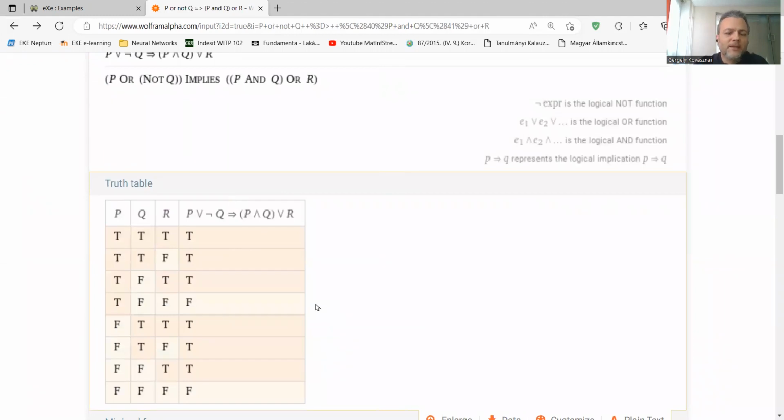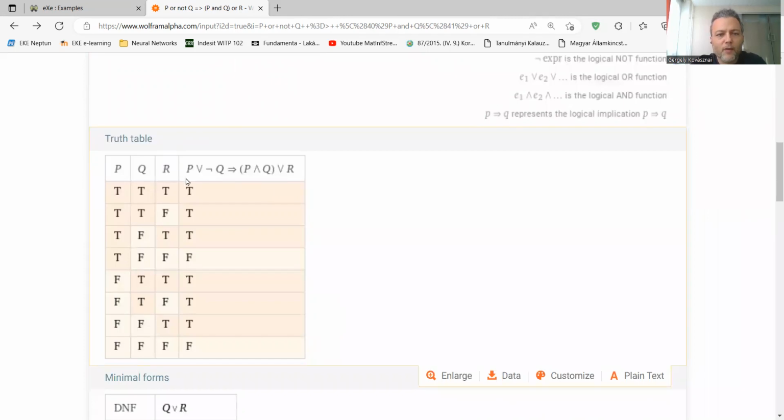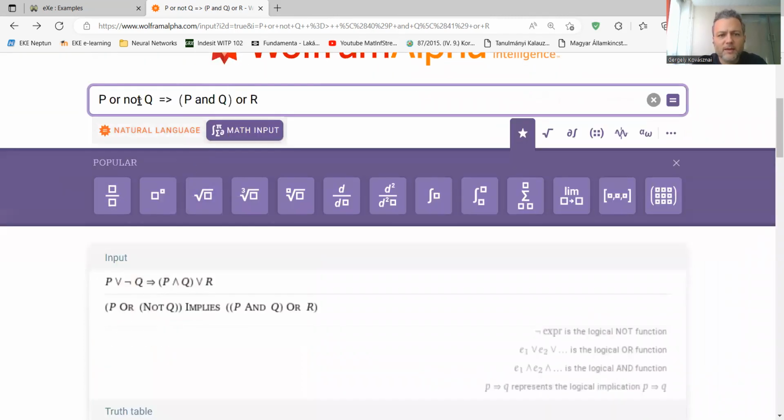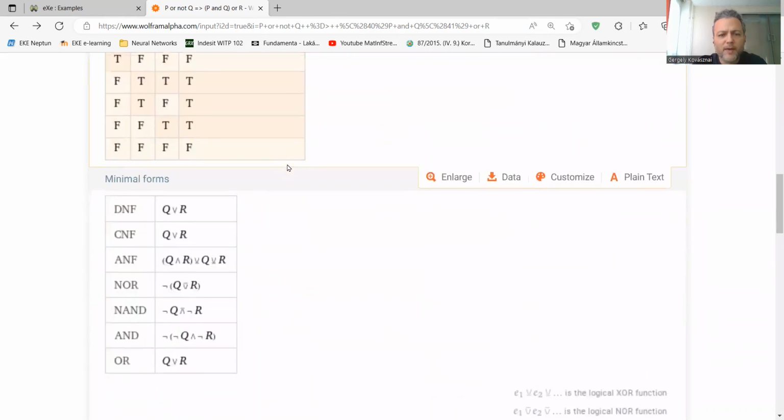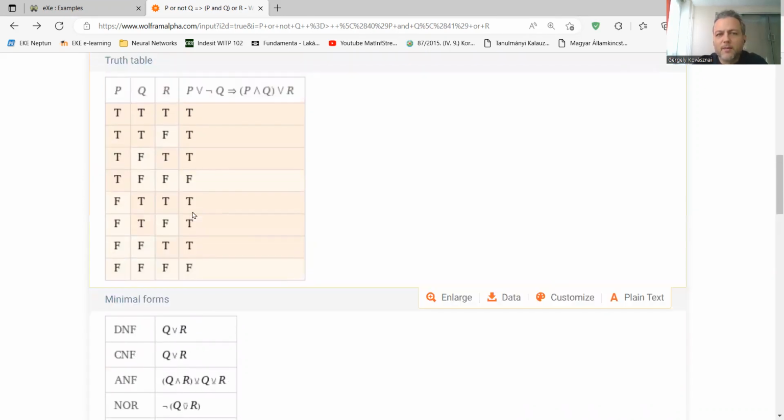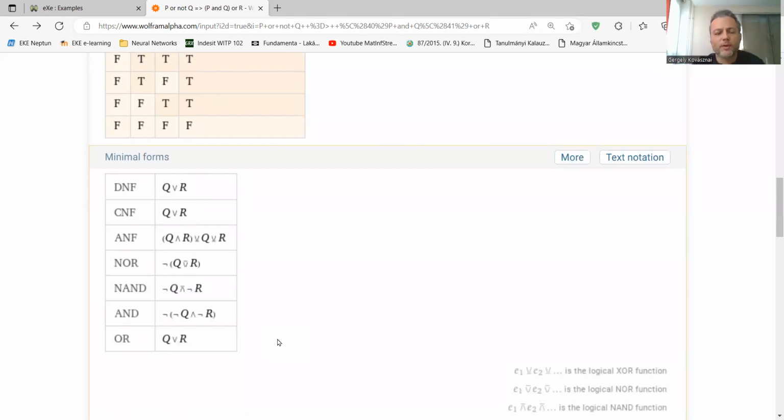So it will turn out in later modules in these lecture notes that formulas can be simplified further. This formula is quite complicated, but it can be simplified to such very, very short minimal forms. This is amazing. So it seems that we can eliminate lots of details sometimes from formulas, and we can make them shorter.